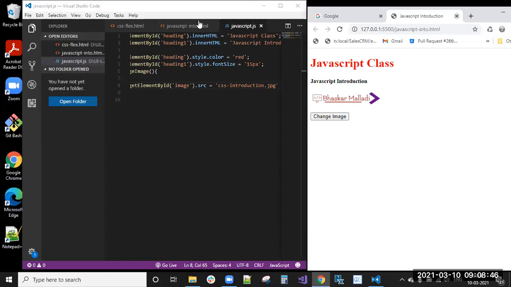So when I click on this button, changeImage, you can see that initially the Bhaskar Malari logo is there, right? That we can change to the CSS introduction. When I click on this button, it is changing to the CSS introduction. I have given that image only, right? Changing the content, right?